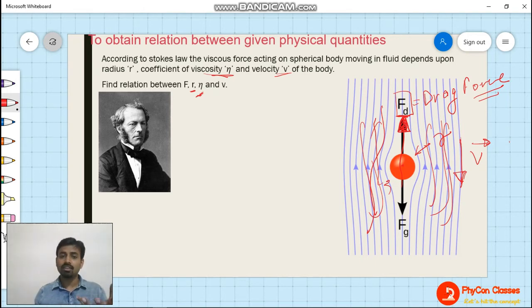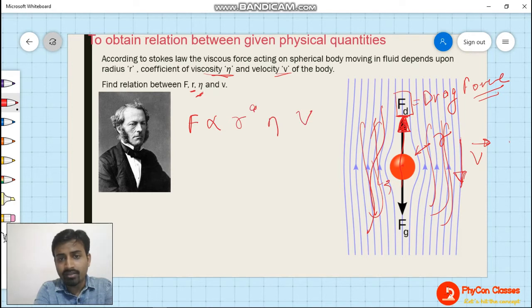Now what is viscosity? Again, we'll have to discuss that. And it also depends on the velocity. Clear? So finally we have to find out that F is proportional to R, mu and V, but how it is related with all these things. So the values of a, b, c we have to find out. R is a length, so the dimension will be L. V is the velocity, so the dimension will be L T minus 1.